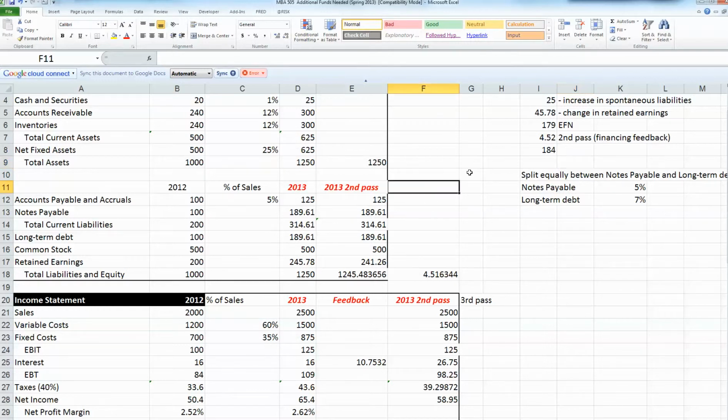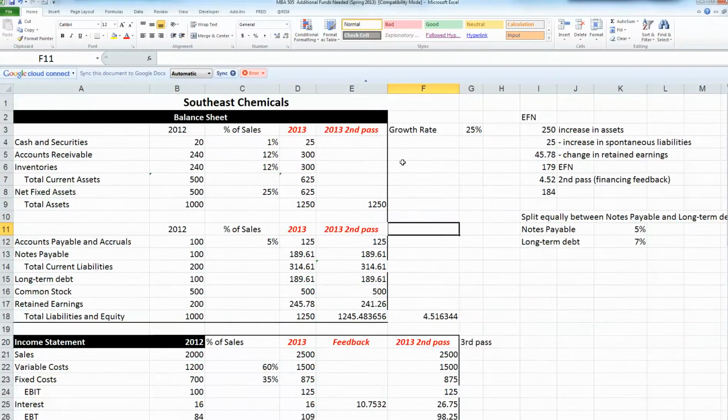Now I want to show you why this method is better than the external financing needed equation. First of all, I can easily adjust growth rates. If I expect to grow at, let's just say 15% instead of 25,